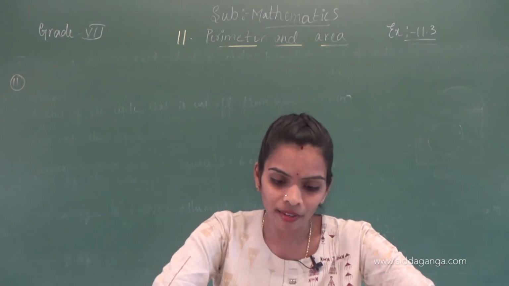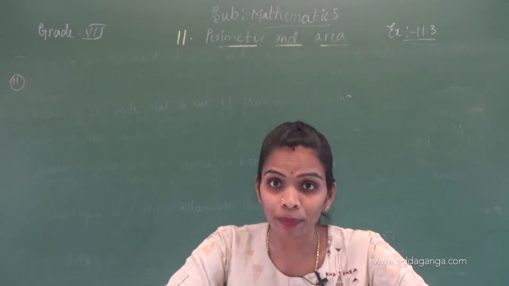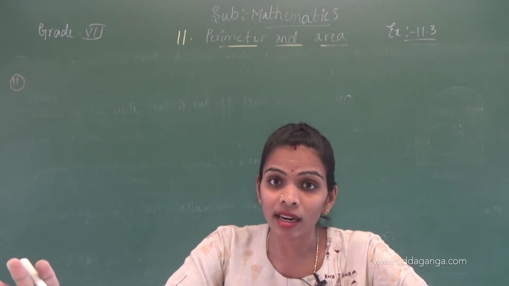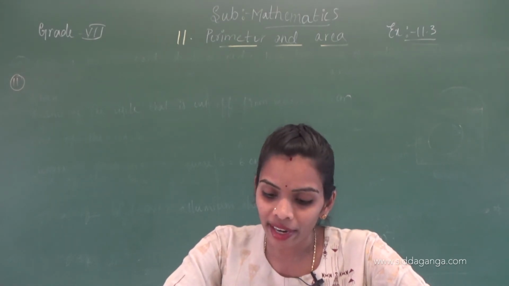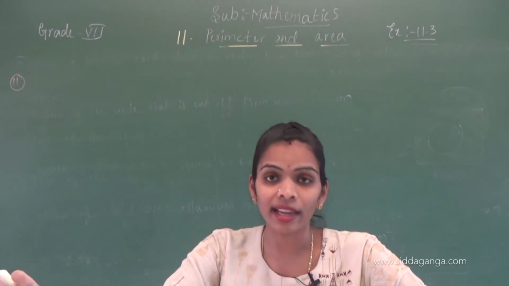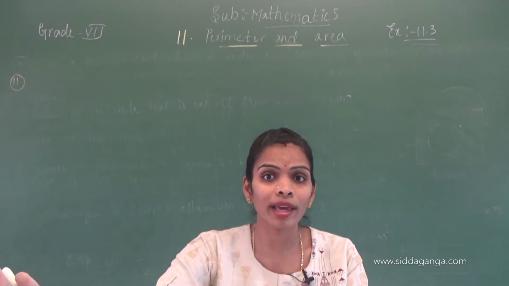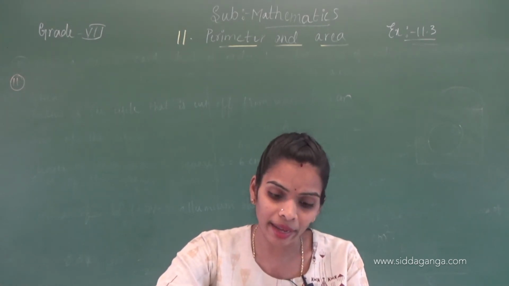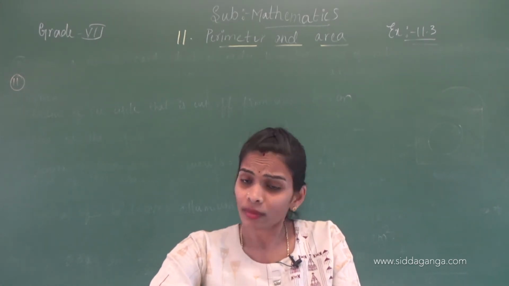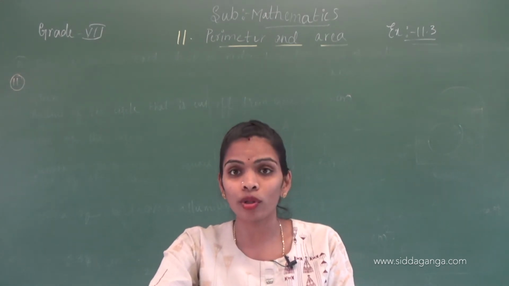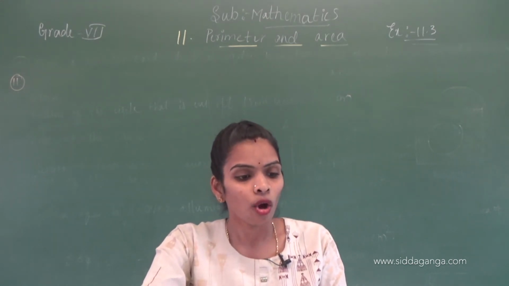The circumference of a circle is 31.4 centimeters. Just they are giving the circumference of a circle. Find the radius and area of the circle. Here, what they have given is the circumference of a circle. By using that, you can find the radius, and then you have to find the area of the circle. You can do that one. The 12th one you have to do as homework.